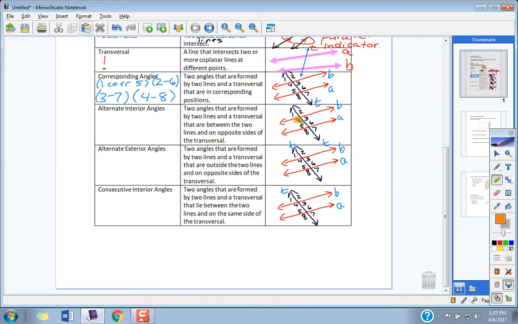So I'm going to highlight angle 4. Do you agree that's an interior angle? Is it between lines A and B? It is. Is angle 4 adjacent to line B or line A? It's B, right? So I need to pick an angle that is adjacent to the other line, in this case line A, that's on the opposite side of the transversal and between lines A and B. So 6. So I would say 4 and 6 is a pair of